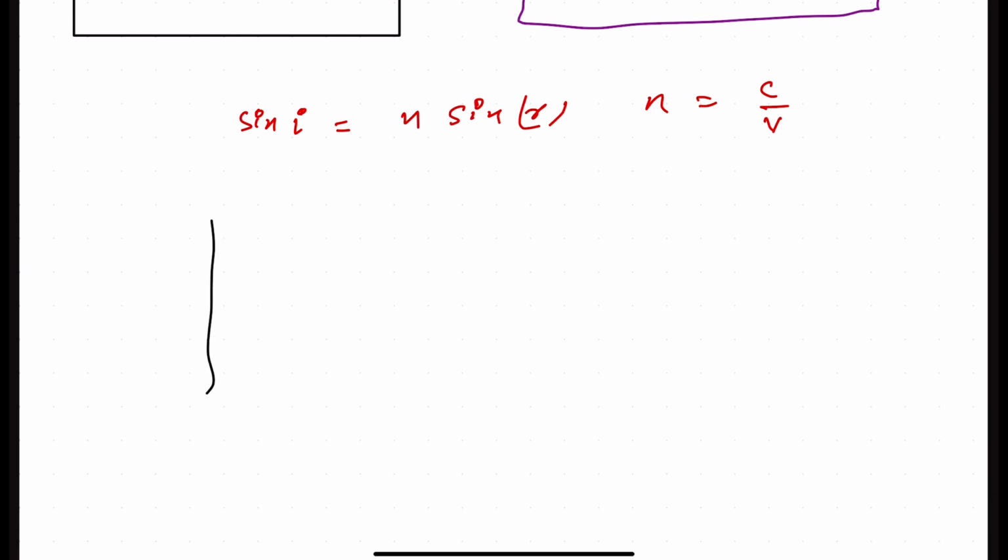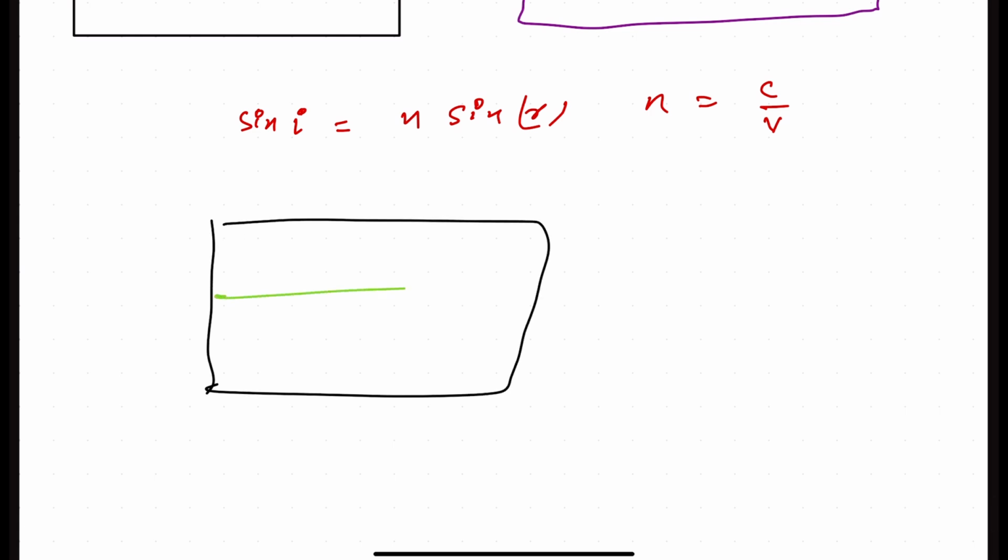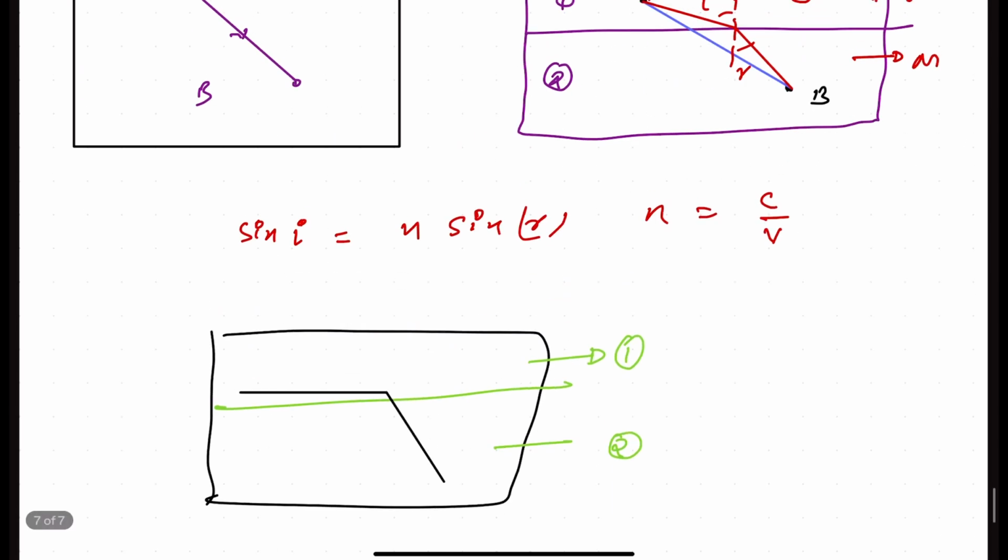You can consider the highway as medium 1. Here is our highway, medium 1, and the field as medium 2. So our car is moving in medium 1 in a straight line, and then it is moving in medium 2, which is the field. Now what is the normal in ray optics? The normal is perpendicular to the surface which is separating the two mediums. So here this is our normal, because the car is moving on the highway parallel to the surface which is separating the field and the highway.